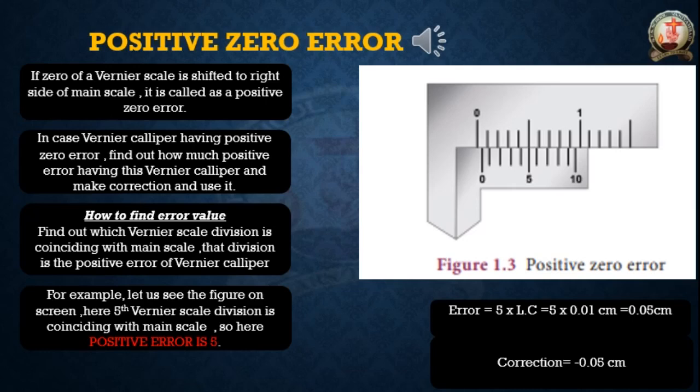0. Plus 5 minus 5, how much? 0, no? Like that, plus 0.05 minus 0.05. You add both, what is the result? 0. Then that vernier caliper will work perfectly, and after finding the length of any object, it will give the perfect value. Okay, so this is one type of error, and how to find the error and how to correct that error we have learned here. So please try to understand carefully.